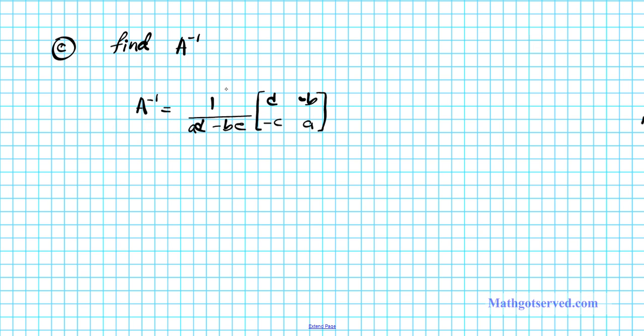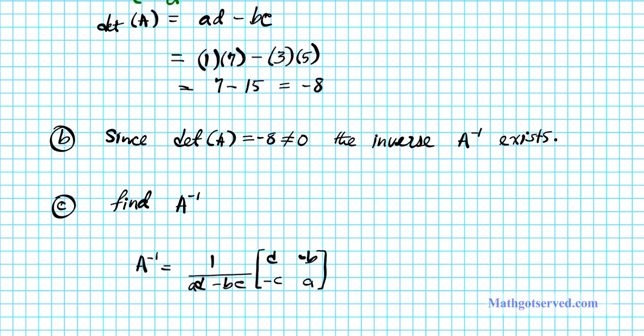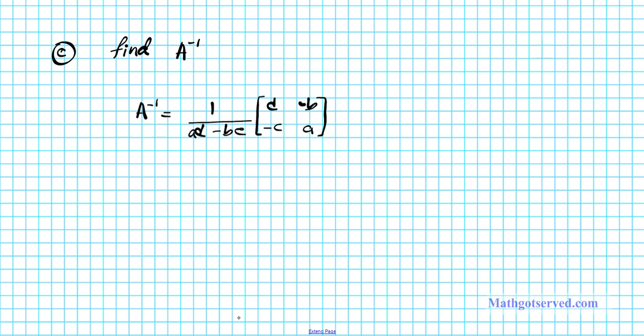Now, if you take a look at this expression right here, 1 over AD minus BC, does anything look familiar to you? Let's focus in on the denominator. This AD minus BC, do you remember that expression showing up somewhere earlier? The answer is yes. AD minus BC, that is the determinant of matrix A. So another way of writing down this formula is writing it as 1 over the determinant of matrix A times